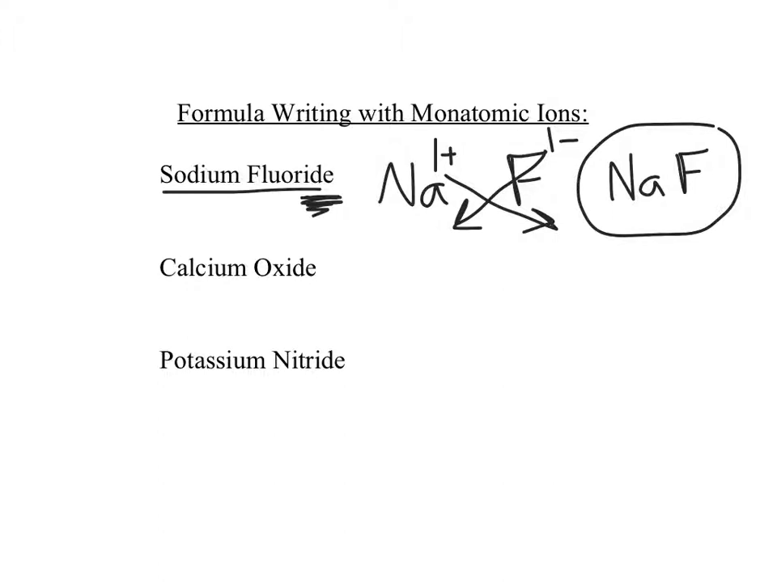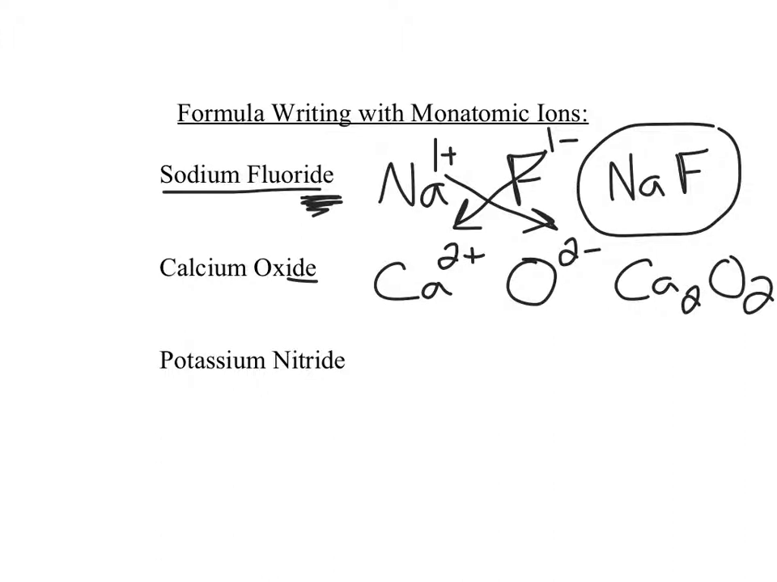Now try the next two, and pause the video, and when you get back, I'll show you how to do them. All right, so the first one is calcium, which is Ca, and that has a 2+ charge. Oxide is just an O with a 2- charge. So I cross, and I get